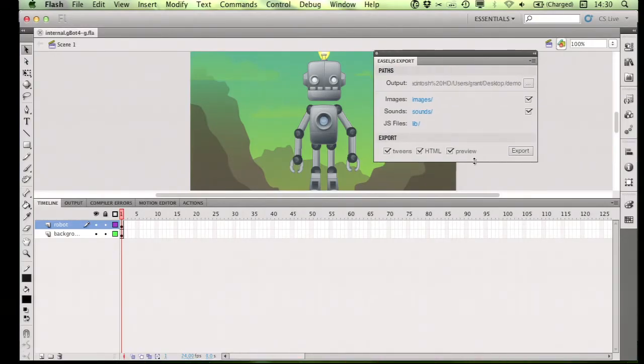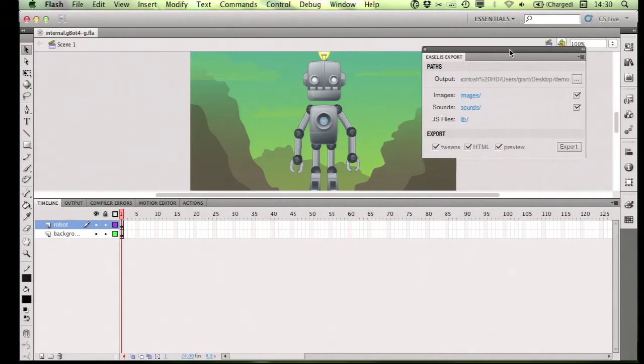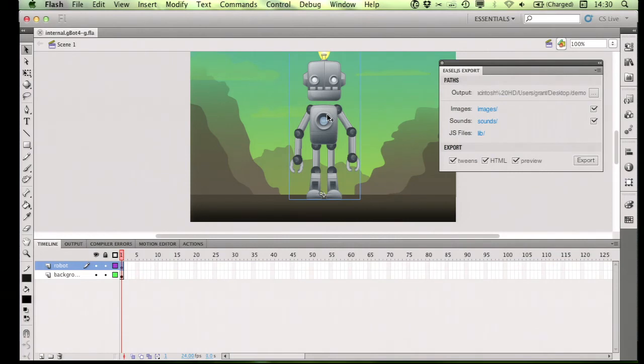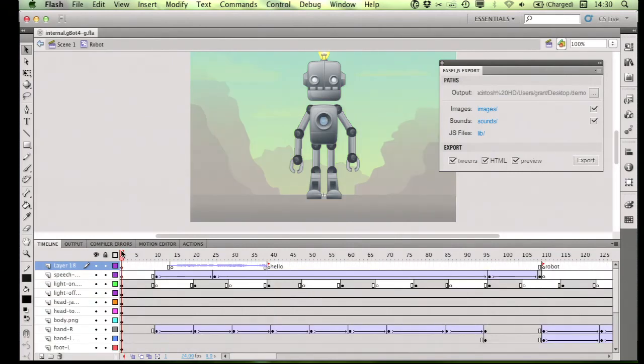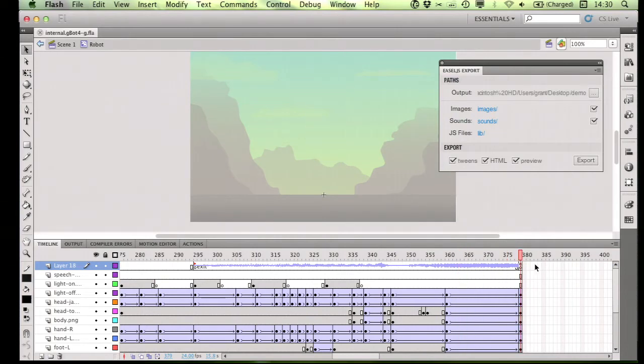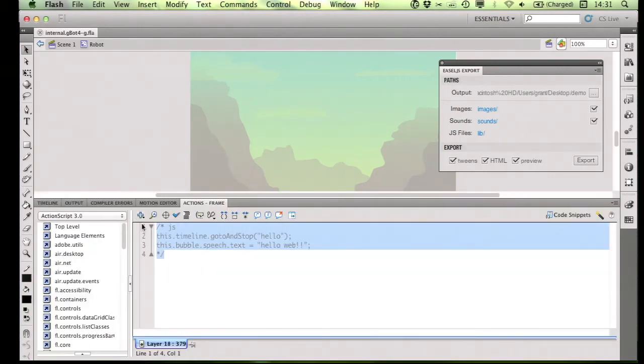Basically, it's a custom panel inside of Flash. So again, a tool that our animators know how to work with. And this is a sample FLA. And I have this robot symbol. It has a timeline that my animator prepared. I have some sound, some labels, more sound. And I even have a little bit of code on here. Of course, Flash doesn't understand JavaScript, so I have to escape it. So I stick it into this special comment block. And this will be injected into my timeline as well.